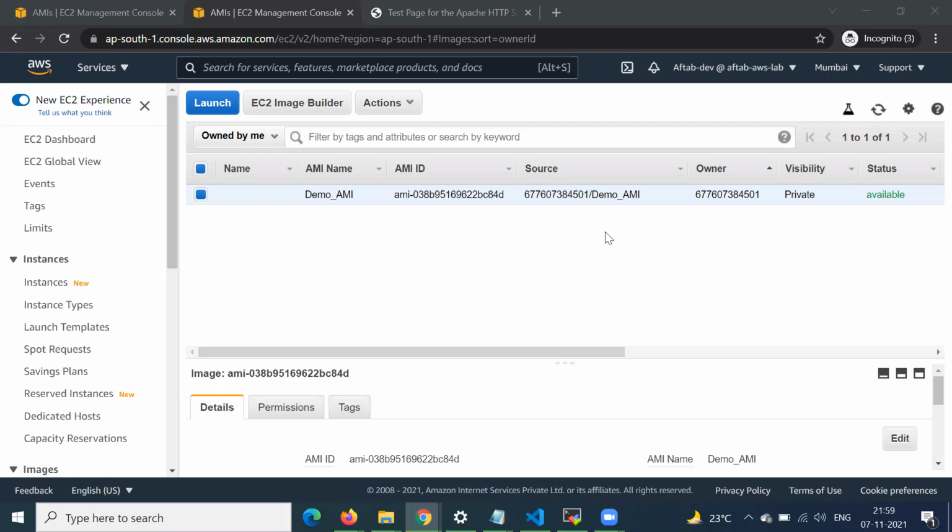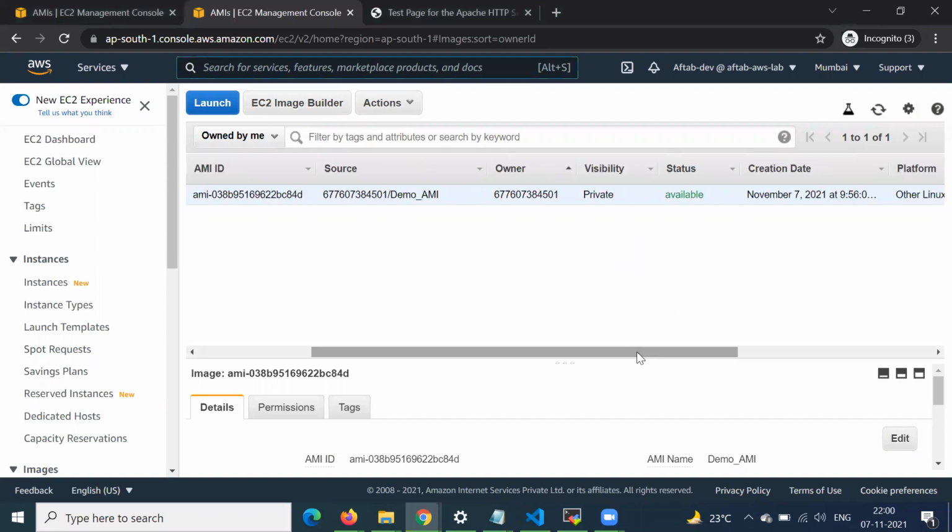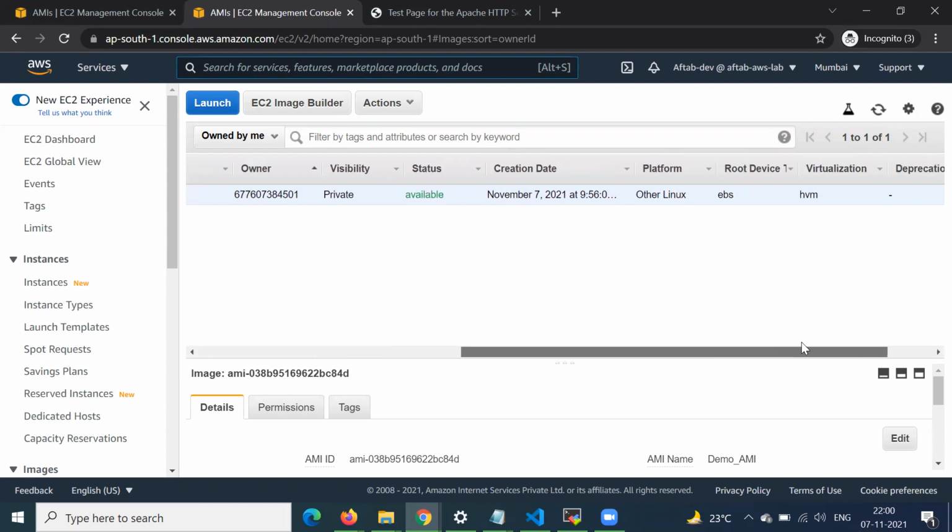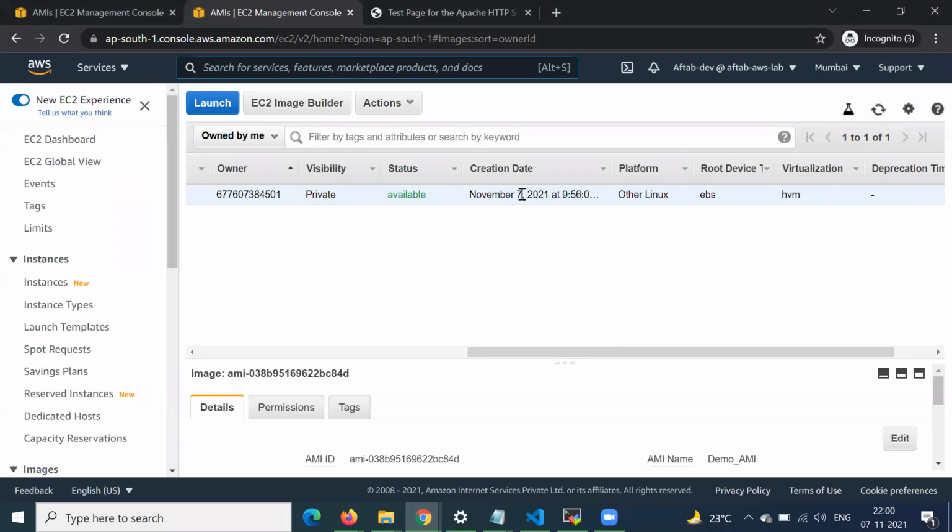So yes, friends, now this custom image is available to use. We can see here, this is available, and it was created just a few seconds ago.